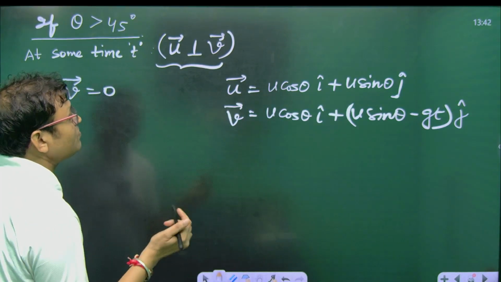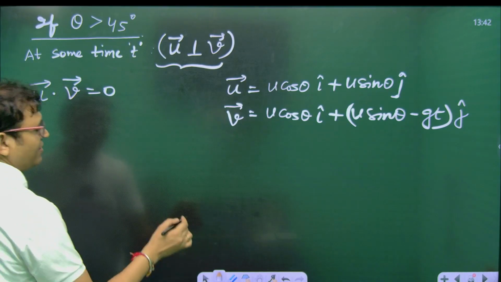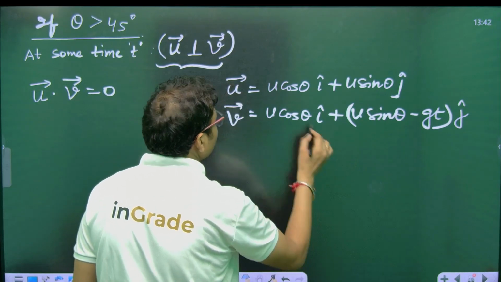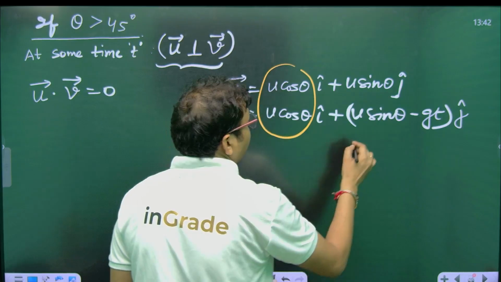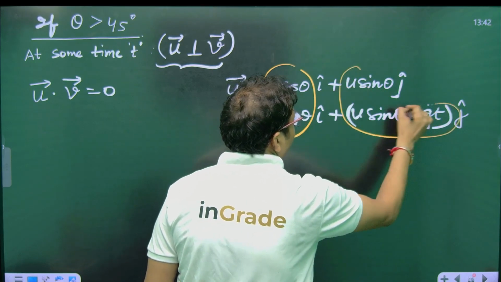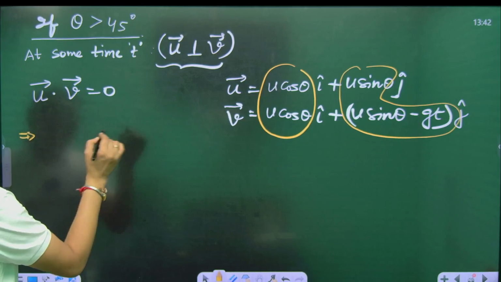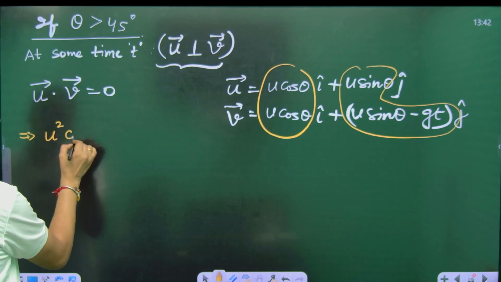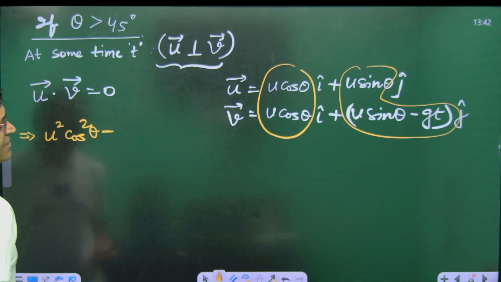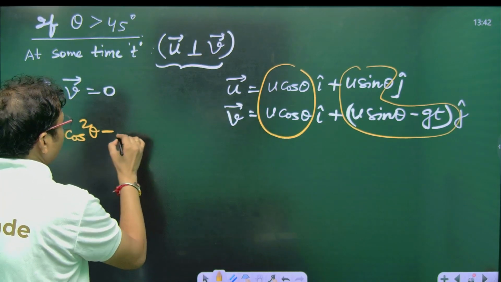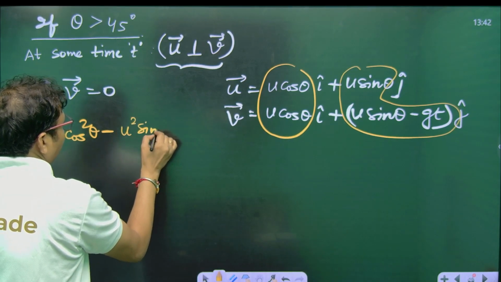Now if we take the dot product of these two, the i cap term will multiply with the i cap term, the j cap term with the j cap term. So u cos theta into u cos theta, that is u square cos square theta, plus u sin theta into this, so it is u square sin square theta,